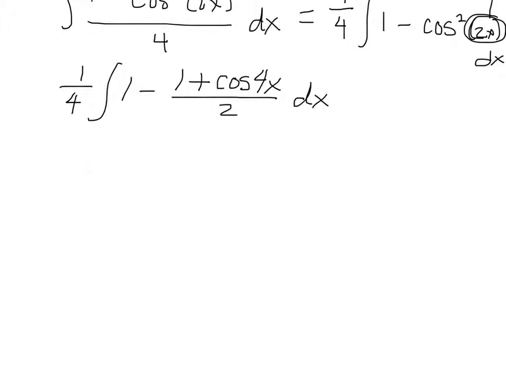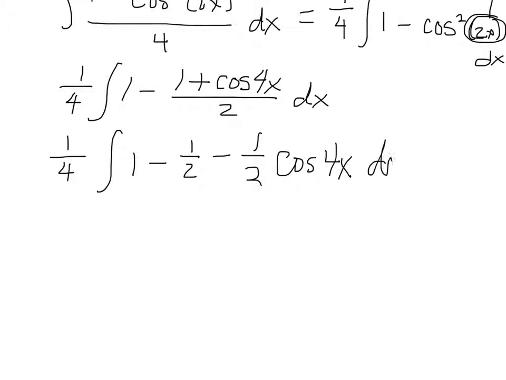Okay, and here is where we can divide this fraction into two pieces. So we're going to have 1/4 times the integral of 1 minus 1/2, and we have to distribute the negative, so minus 1/2 cosine of 4x. Now we can combine like terms. So 1 minus 1/2, we'd have 1/2 minus 1/2